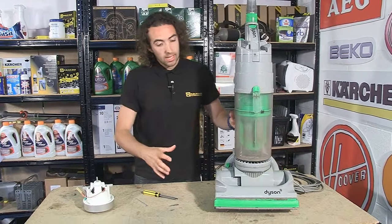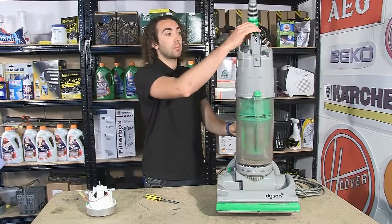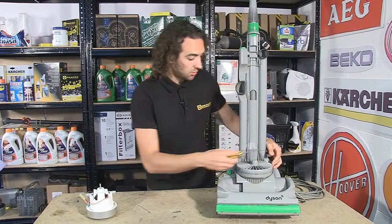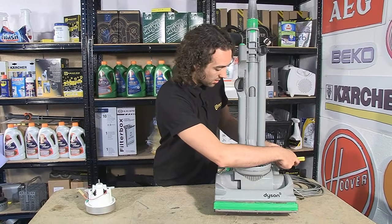Now, safety first, make sure you've unplugged your Dyson from the mains before carrying out the repair. Now, the motor is housed underneath the post motor filter here. So to get to it, the first thing I'm going to do is just remove the canister and pop that to one side. And I'm then going to use my flathead screwdriver and remove the post motor filter cover